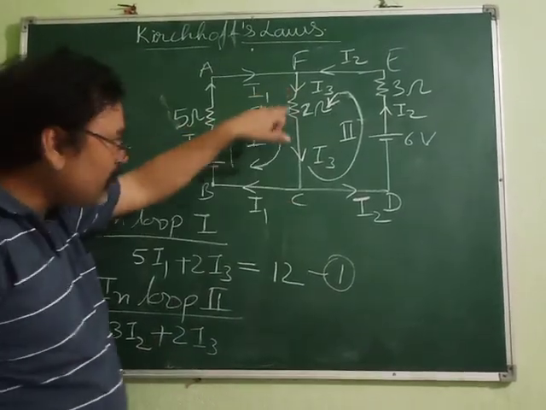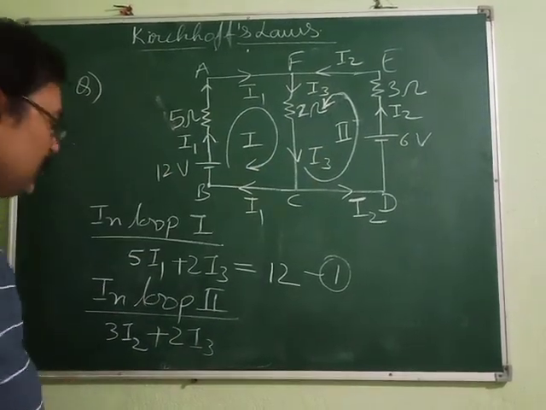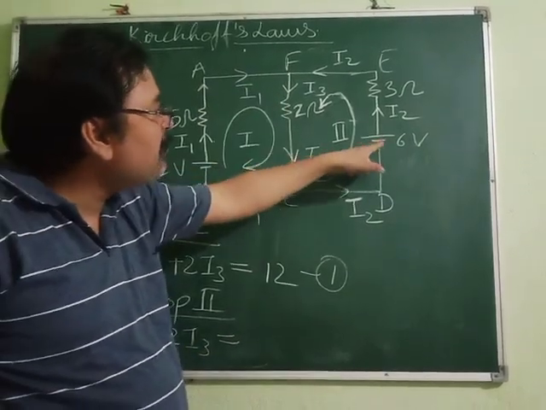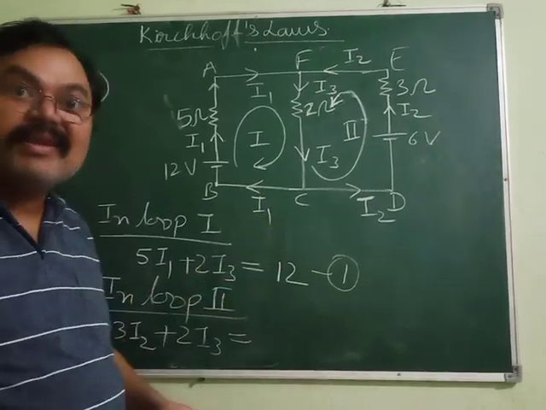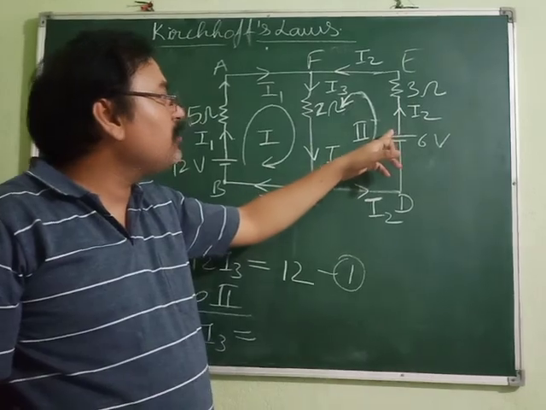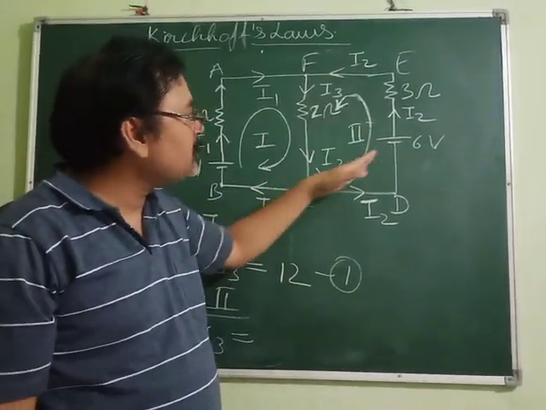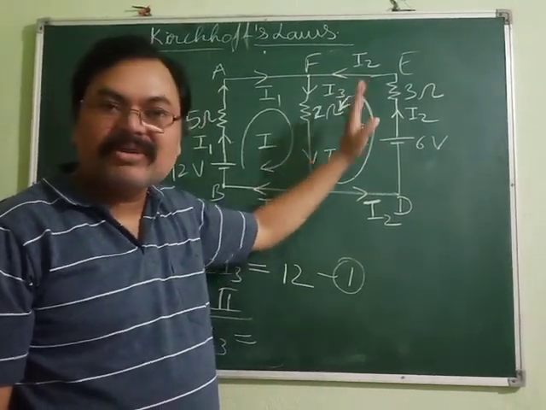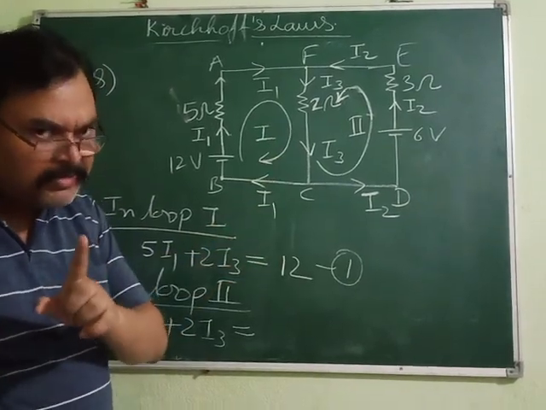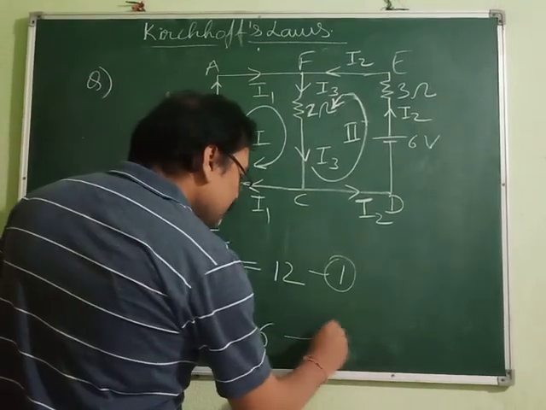That's all. Is there any more resistor in this loop? No. So equal to net EMF we have to see. In this loop only one EMF is there. According to the sign convention, let's see its sign. While moving like this, first we cross the negative terminal and then we cross the positive terminal. So according to the sign convention, the EMF will be positive, very good, and that is 6. So this is our second equation.